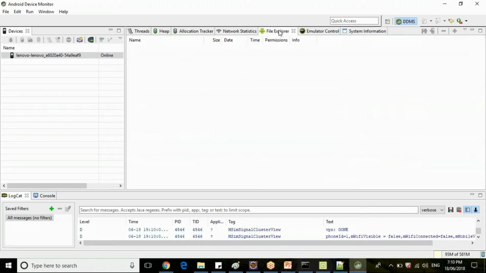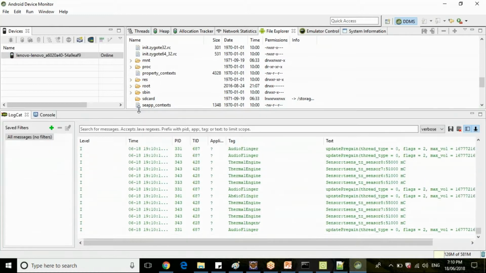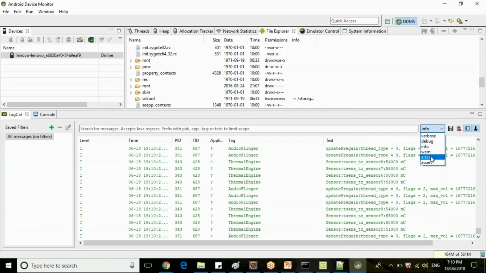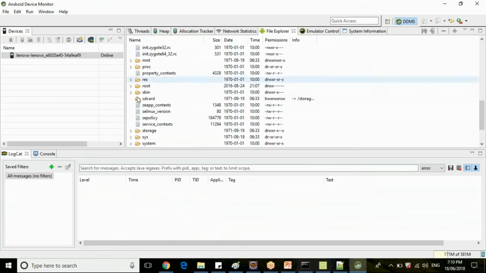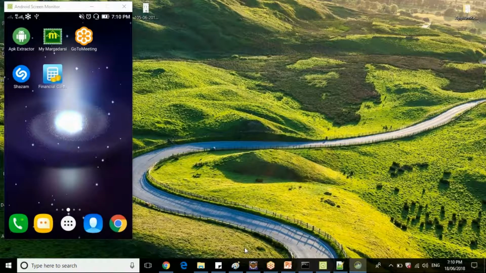And your file explorer: if you want to push files to your mobile device, pull files from your mobile device, or get logs here, everything can be monitored from this monitor. Clear?